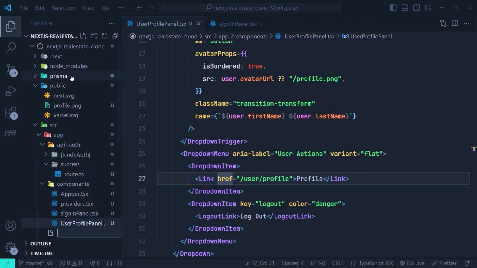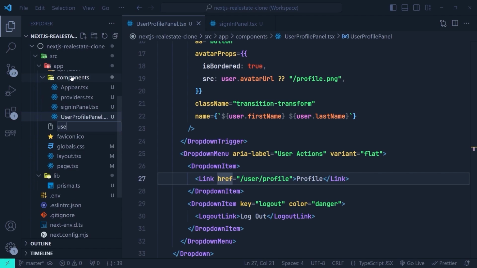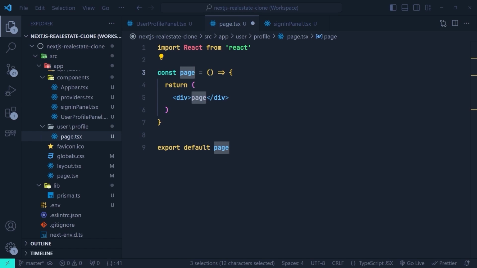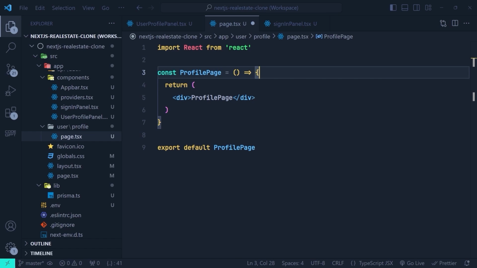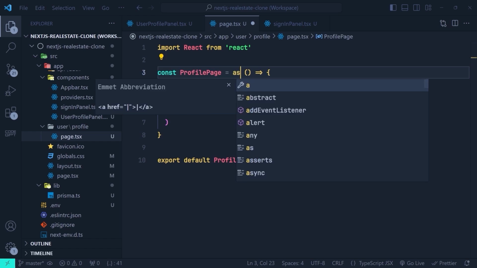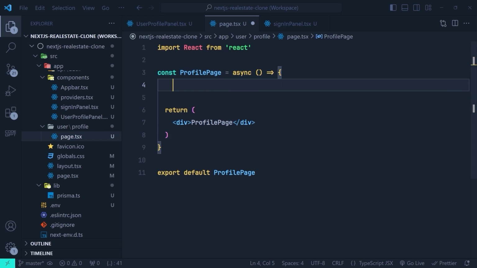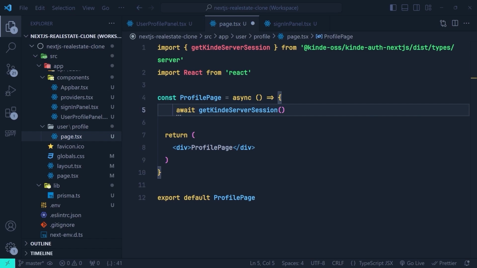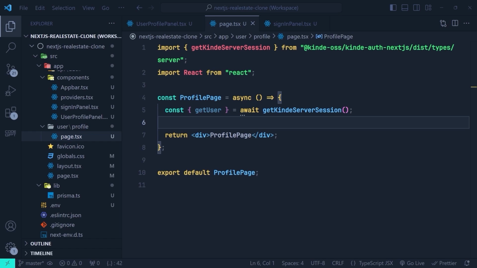Inside the app directory, I'm going to create a directory called user, and then inside it we're going to create another directory, profile, and then inside it we're going to create the page.tsx file. Let's create a functional component for this page, and let's rename it to ProfilePage. So now first we need to get the user from getKindeServerSession. So first we need to turn it into an async component, and then here we're going to call await getKindeServerSession, and then from the returning object we're going to grab the getUser function, and then here we need to